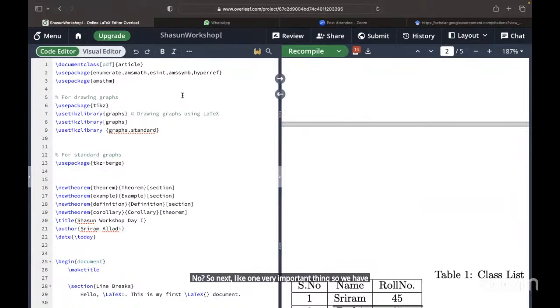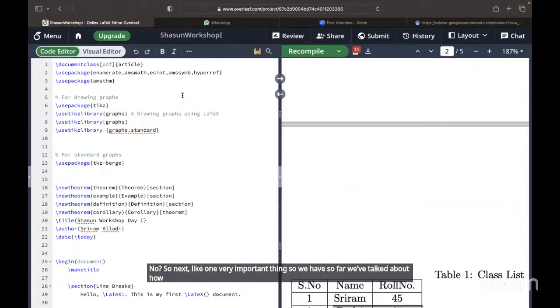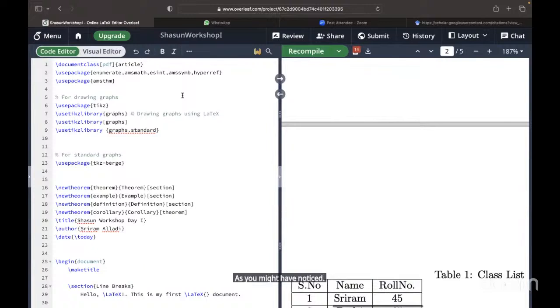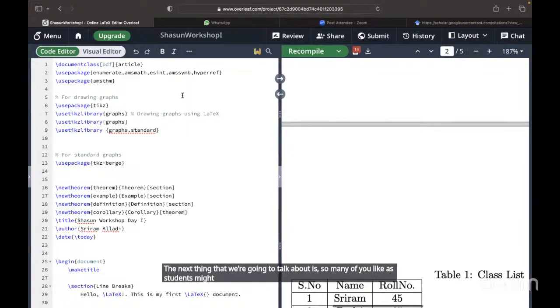So far we've talked about how you typeset an article, some basic LaTeX, then how to include references, and then also how to draw some diagrams. Though I haven't discussed that in detail, it's not my strong point, as you may have noticed. The next thing we're going to talk about is this: many of you, as students, might go to some conference and have to present some of your research, or maybe you're a teacher, and nowadays